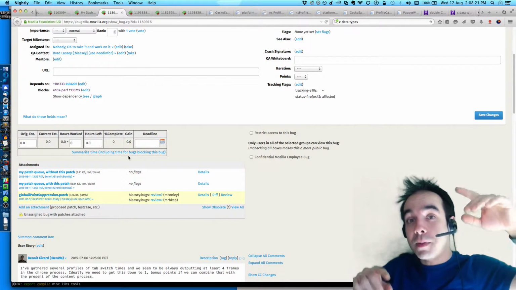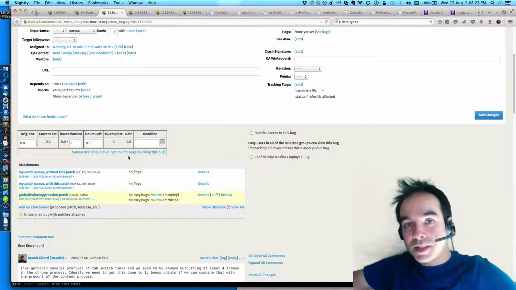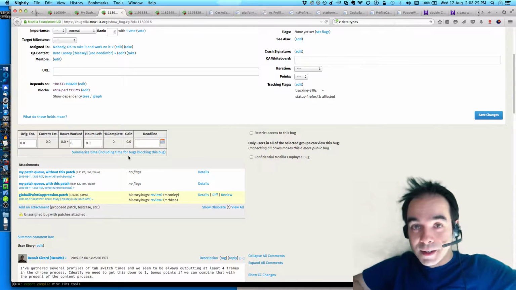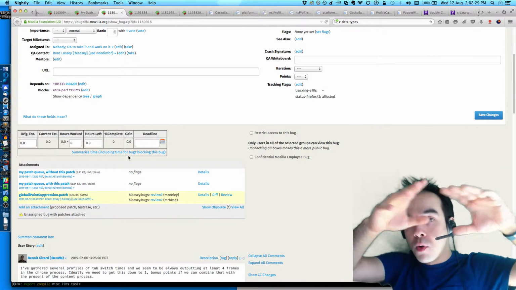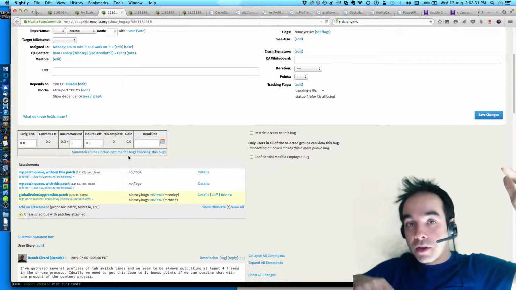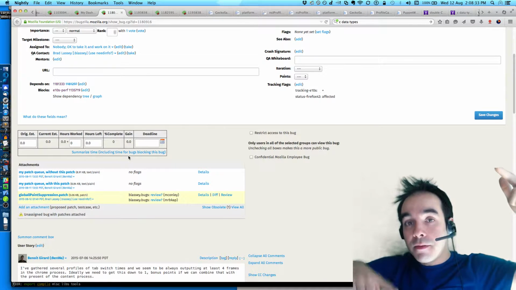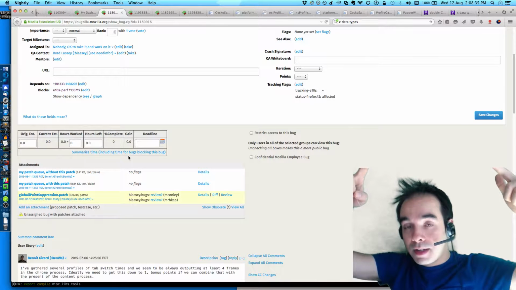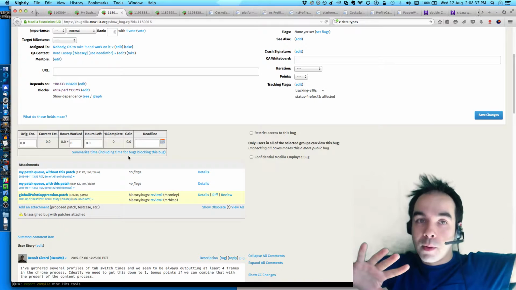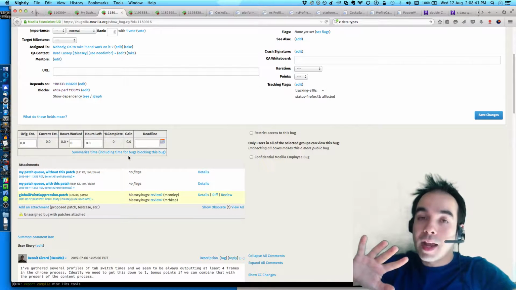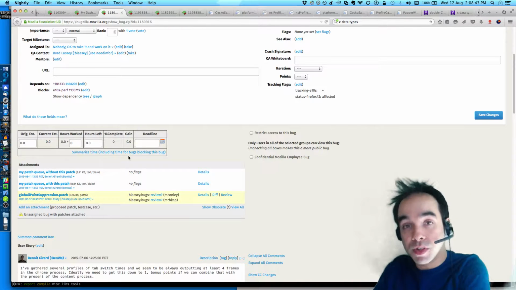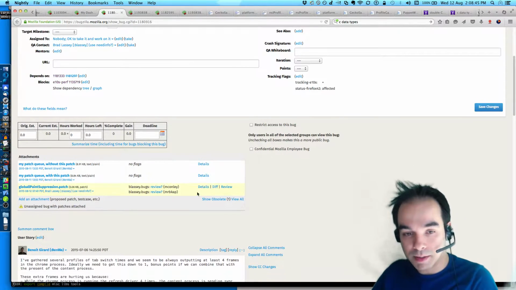But the problem is sometimes the parent process in that free time decides to go and do expensive things. So you haven't reduced the amount of work, you've just given it more opportunity to do other work, and then the content process says I have a frame to paint, show this tab now, and then the parent goes, well, hold on, I was doing some other stuff, so I'm gonna wait. Okay, now I'm ready. Now I will paint your frame. And what that results in is slow tab switching sometimes.